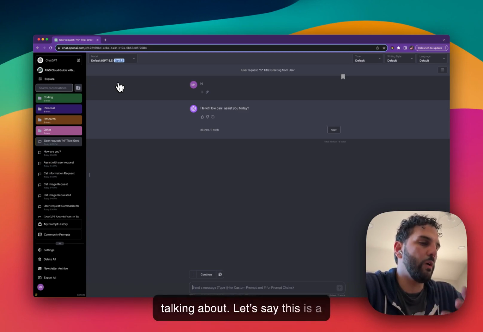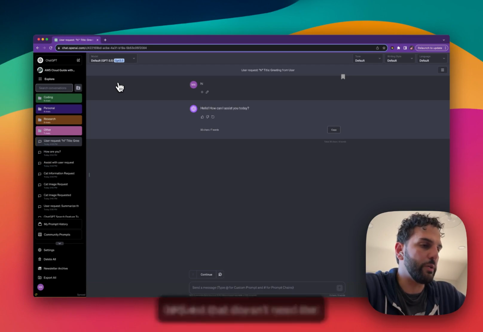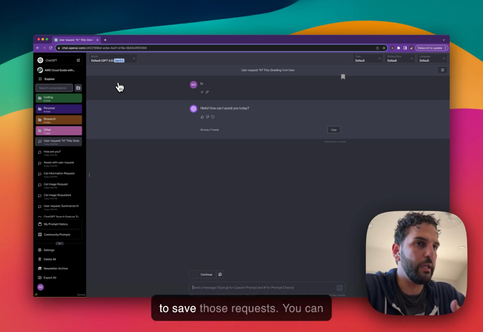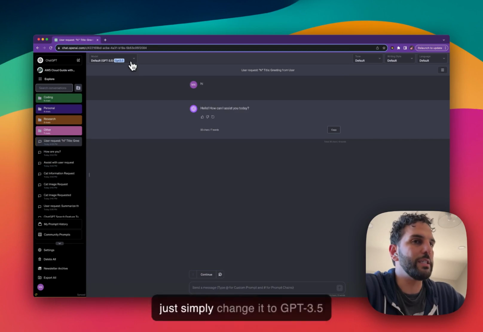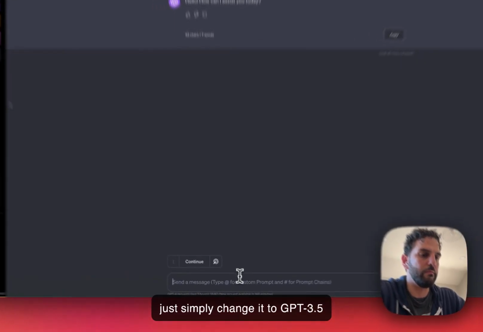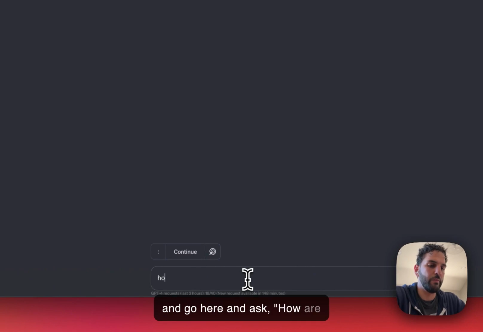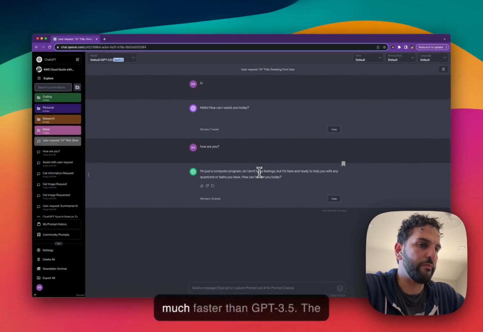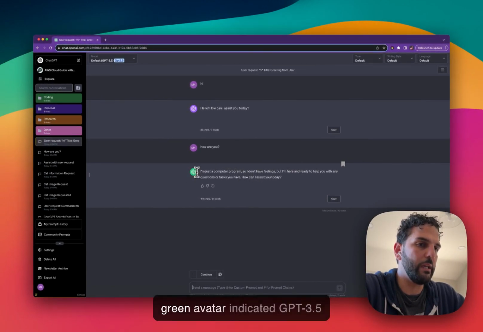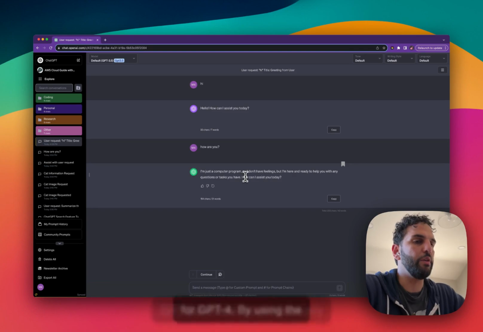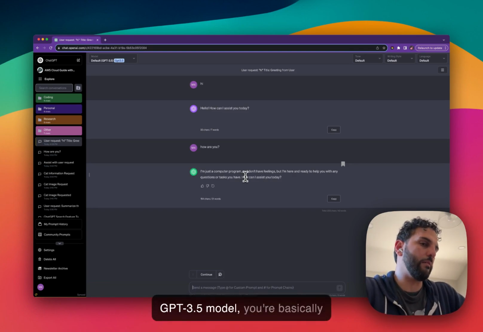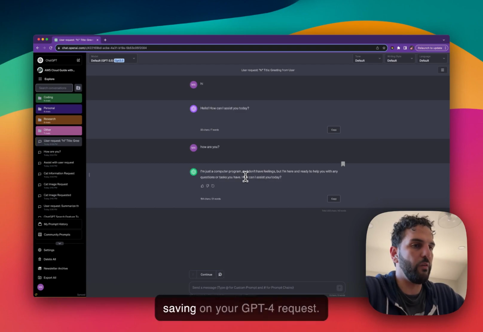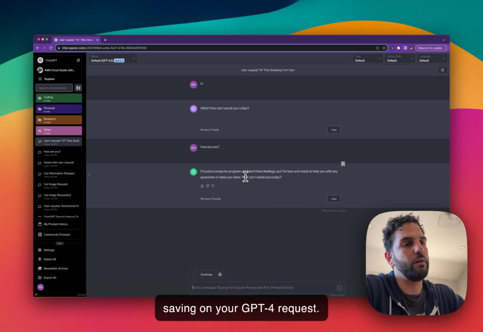So let's say this is a request that doesn't need the GPT-4 capability, and you want to save those requests. You can simply change it to 3.5 and ask, like, how are you? It's going to respond, and as you can see, it's much faster than 4. The green avatar indicates the 3.5 model is used. The purple is for GPT-4, and by using the 3.5 model, you're basically saving on your GPT-4